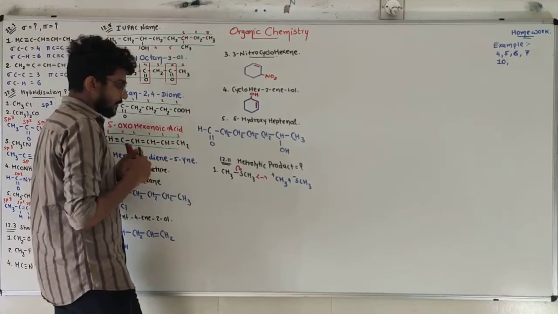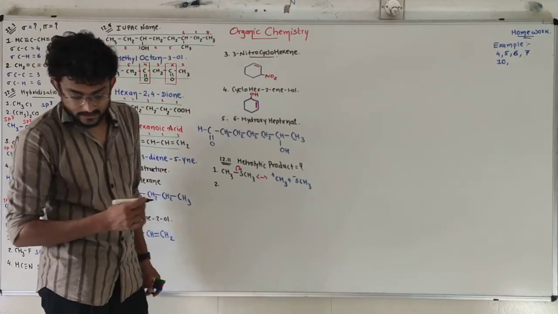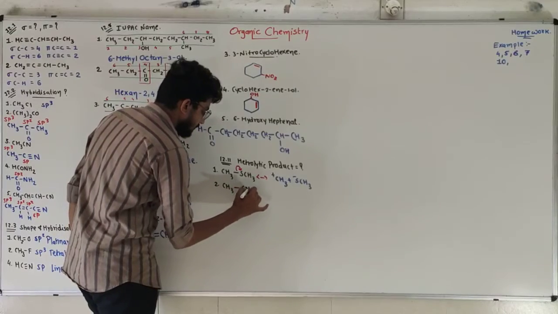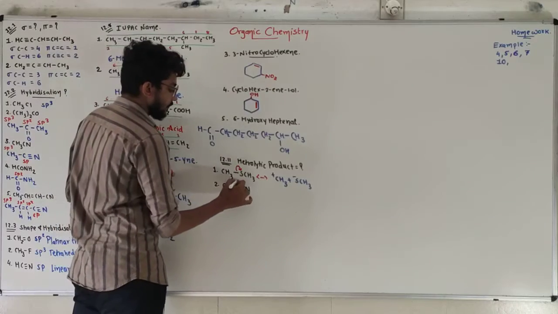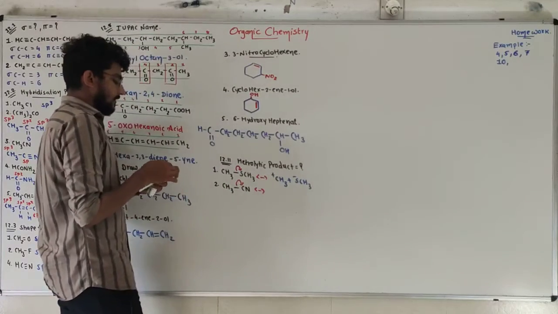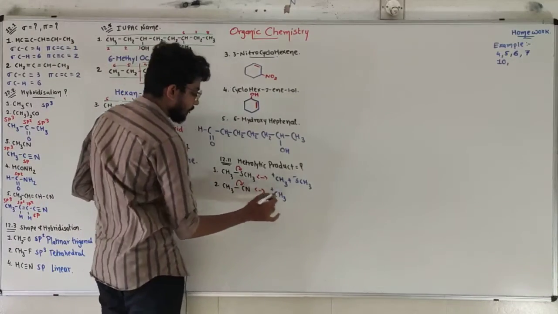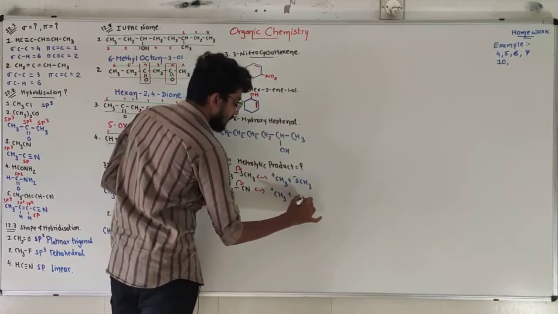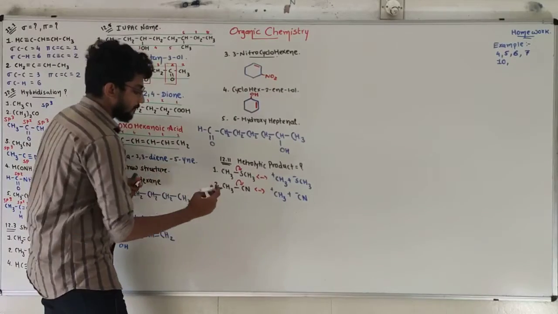Our next reaction, the second one, CH3CN. Okay, again an easy one, CH3CN. And the electron transfer in this reaction is from the bond to the nitrile carbon. That's why a methyl carbocation will be there, because the electrons of the bond have been transferred to this carbon, and CN minus will be formed.